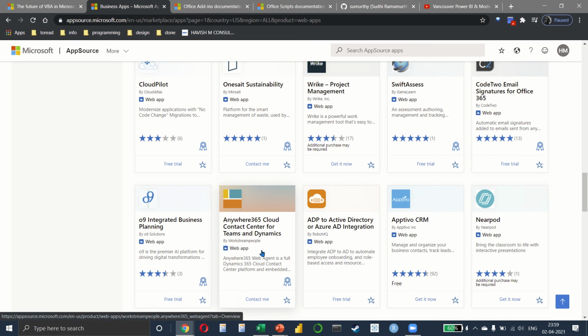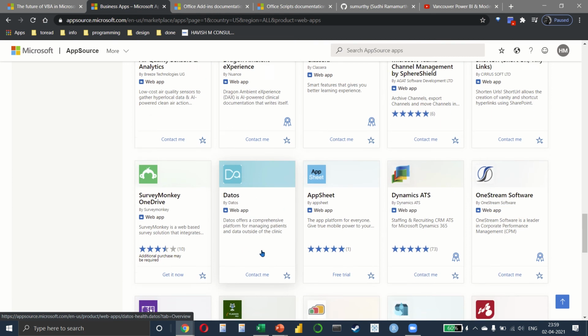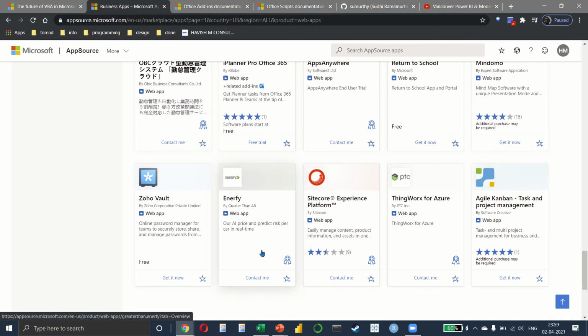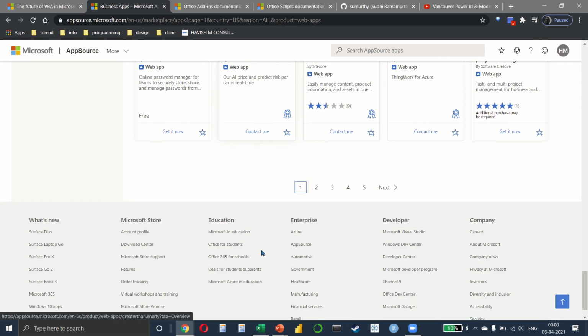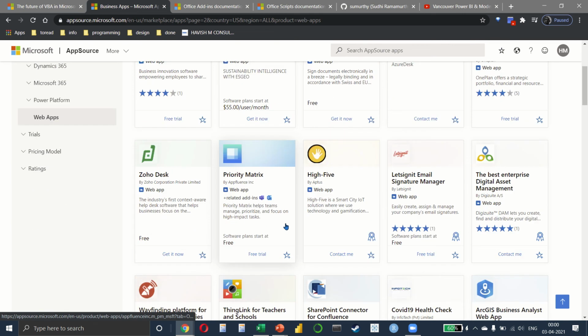And of course, as these concepts become more popular and more developers start to work on it, you will see more and more apps start to come on the store. And the good part is that there is a check that Microsoft does. So unlike Android, where you will have a lot of apps that don't work or are not secure, since Microsoft is literally checking every app that gets published, you can be confident that the quality of apps will be really good.